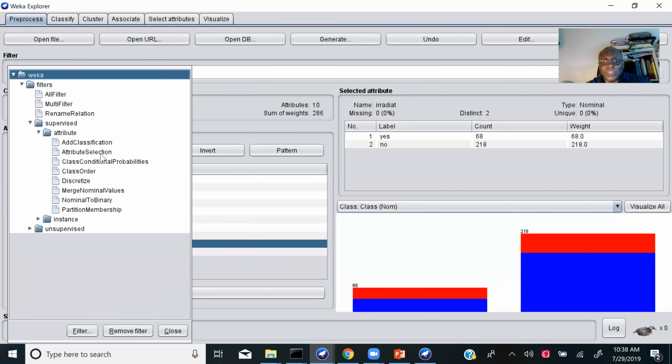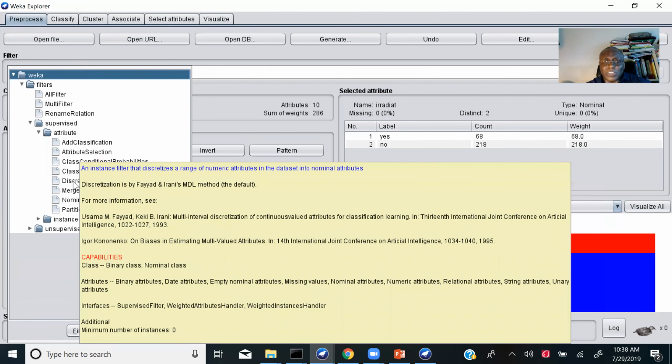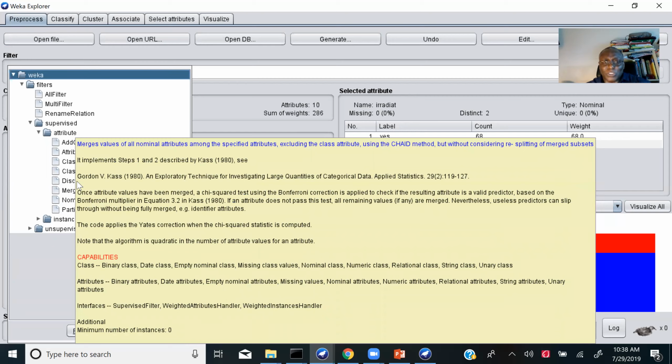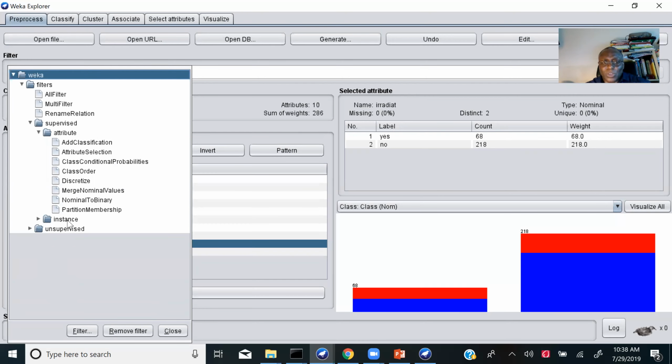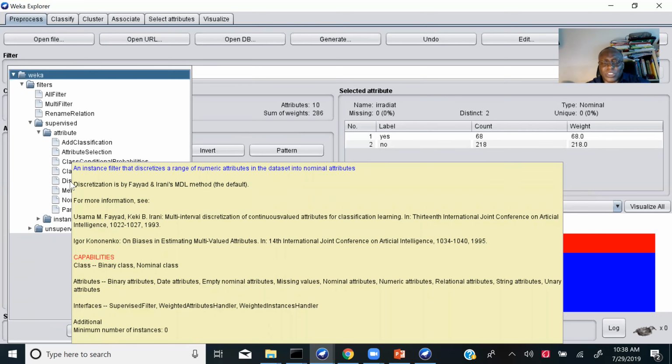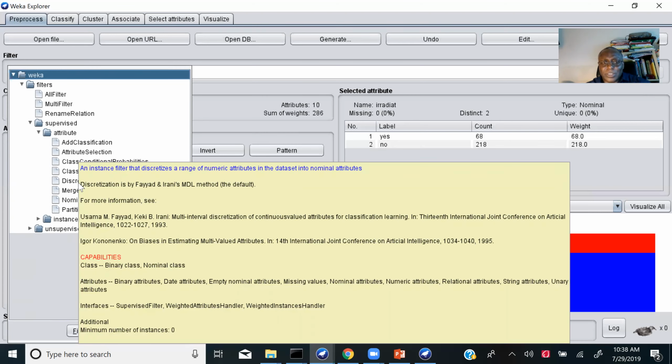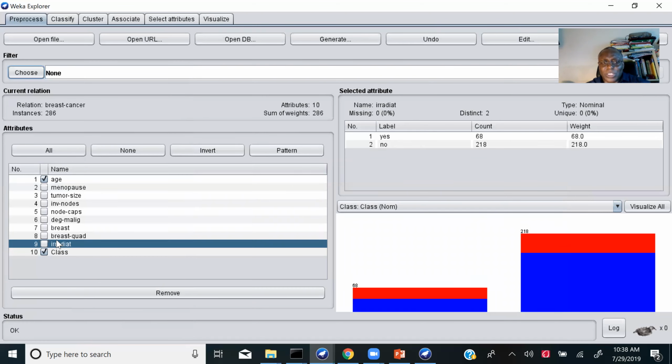And here we have different algorithms. Maybe some of us know this in the theory, discretization. Discretize is the most common data preparation method that we do a lot. So discretization means, again, trying to arrange our data, the values, in a label form.